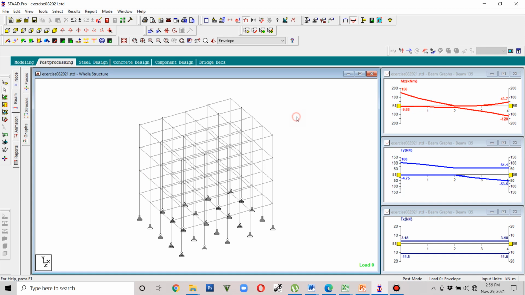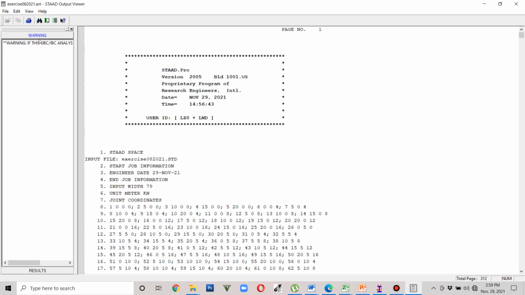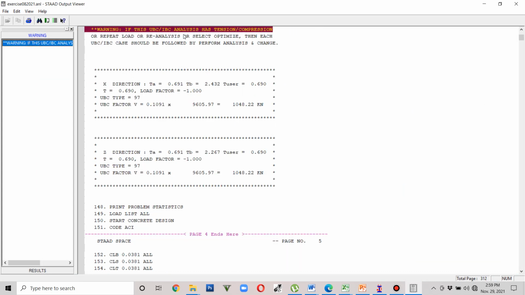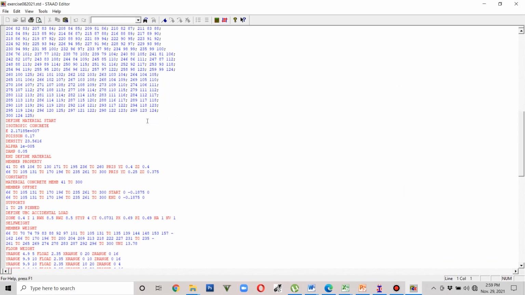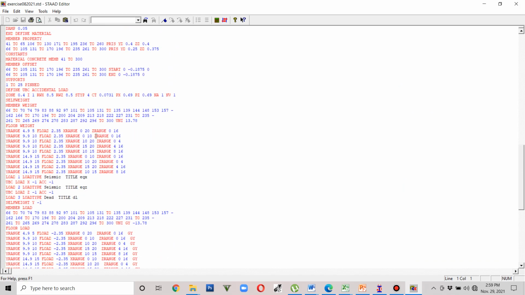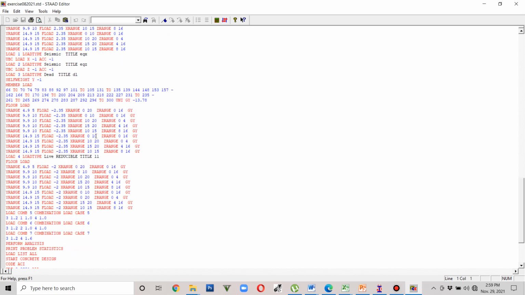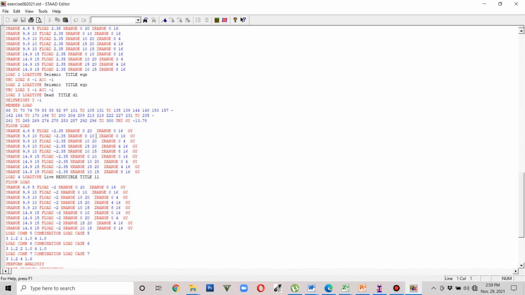So we close that for a while, and then I just want to point out that on the STAAD output, we always encounter this type of error if this UBC or IBC analysis. So normal lang yan. So just normal to encounter this. But if you want to remove that one, you can do it by STAAD editor here. Just tick that one, and then we go to this one, seismic load, then UBC. So we just edit,